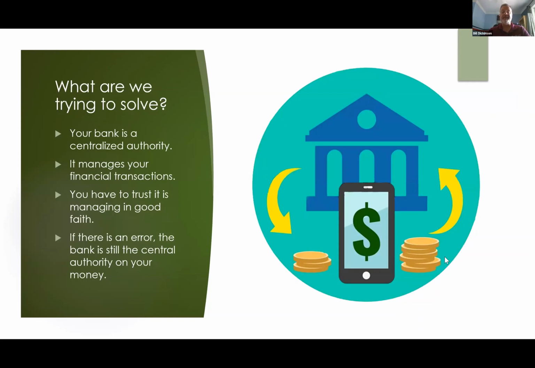I'm going to pick on the banks here for a little bit because they're an easy target. They're a prime example of a centralized authority that we've all dealt with at one point or another. We really don't have much of a choice here, do we? I mean, especially in business. We all have to have some relationship with a bank so that we can buy things and sell things. And in the modern world, that relationship is now almost entirely digital, if not entirely digital for almost all of us.